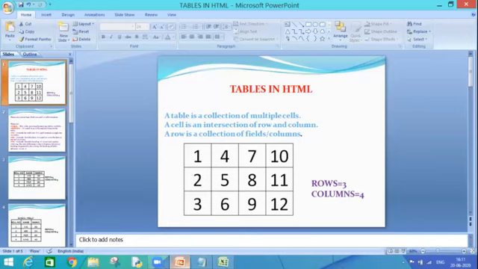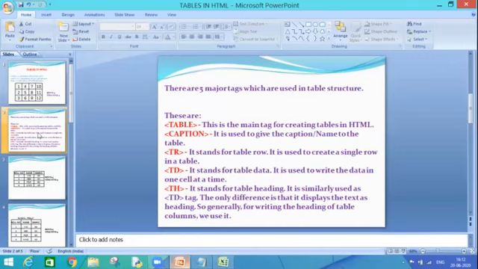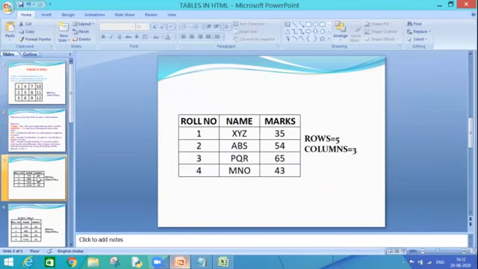The answer is that we have multiple types of data to be entered. If I talk about a simple document containing text and text only, like this particular slide, which contains only a text format, for this type of data I don't prefer a tabular format. But if I need to enter data where I want a particular column for roll number, a column for name, and the marks entered separately, then I need a tabular format.